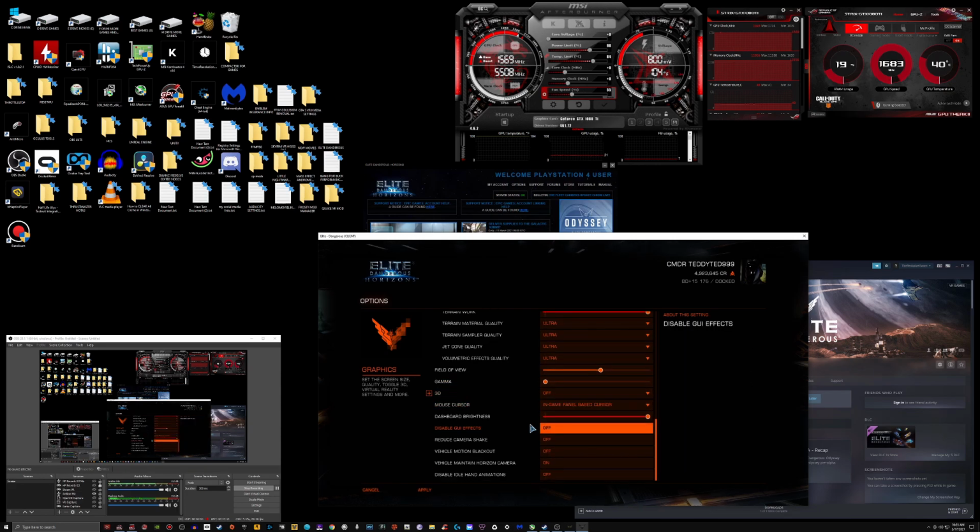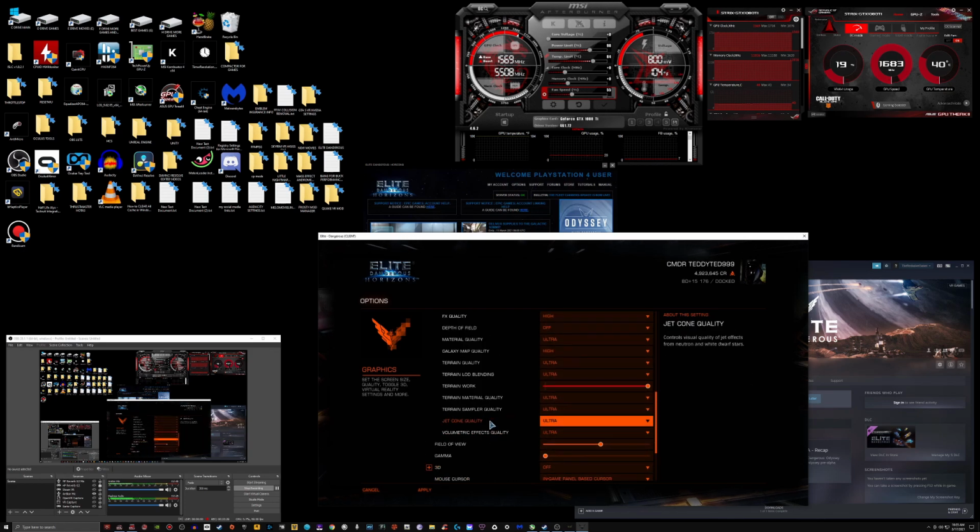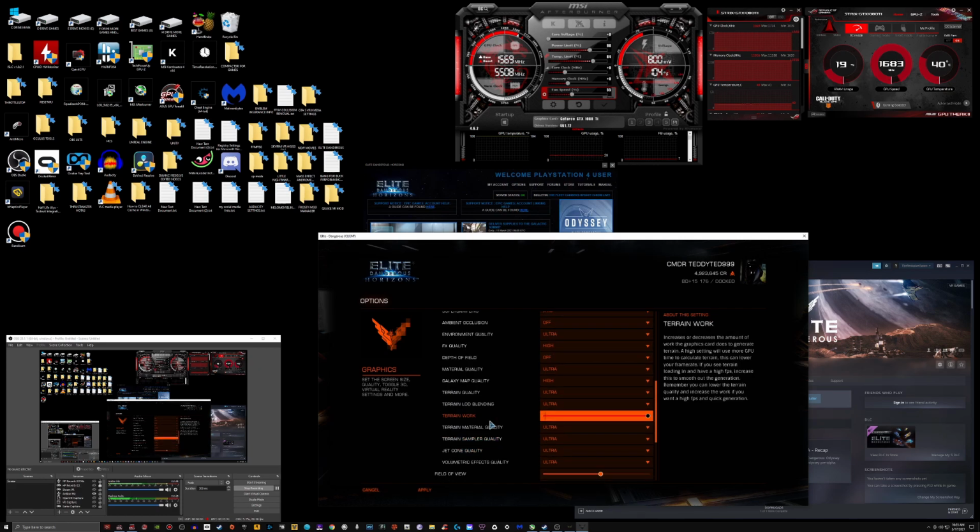Everything else I just leave it default. Camera shake off. Vehicle motion blackout off. That's really about it. So copy my settings if you want, and